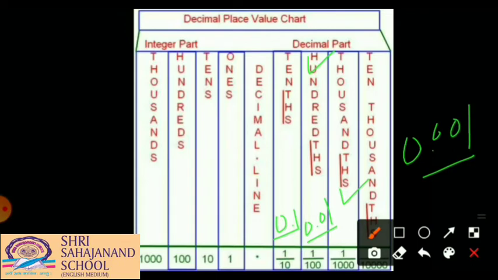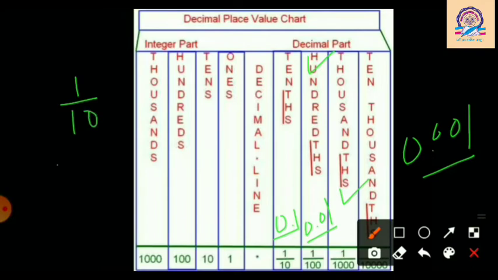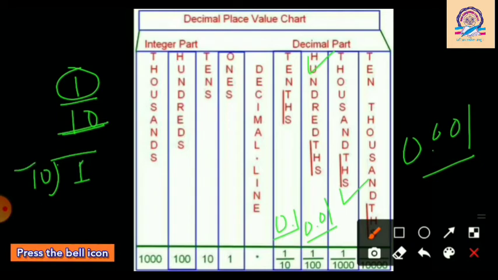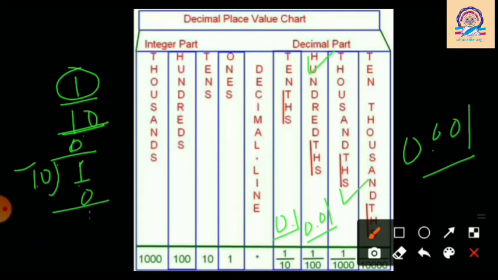So now let me help you to find the decimal number by dividing. For example, here we are taking 1 upon 10 and let me divide this number. So 1 will be our dividend and 10 will be our divisor. Here you can see that the dividend is 1 and it is smaller than the divisor, so we cannot divide. So just multiply the divisor by 0. For one time, 10 zeros are 0. Now 1 minus 0 is 1.